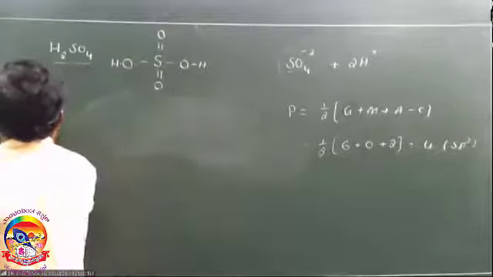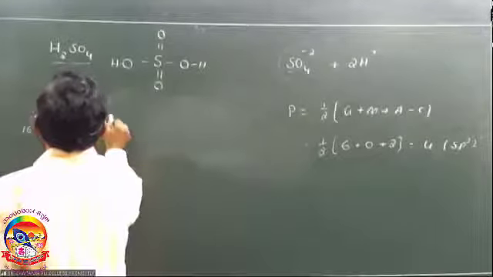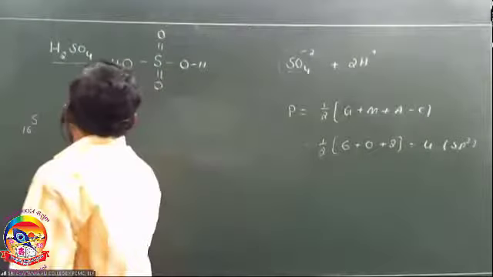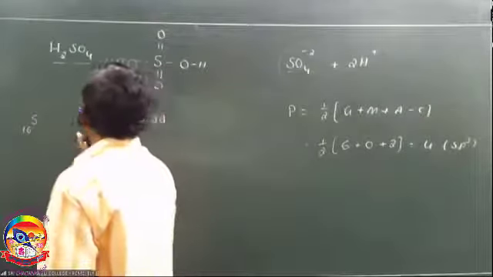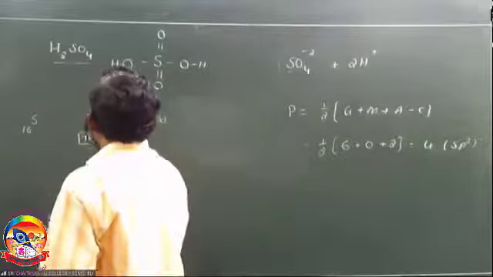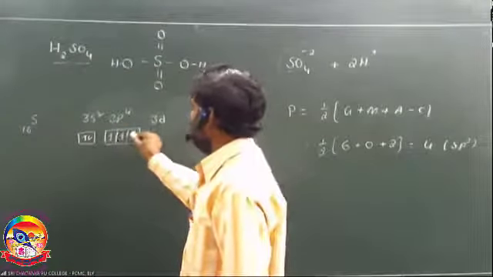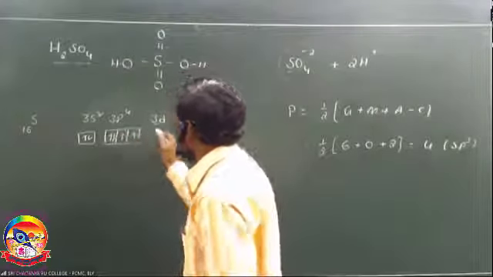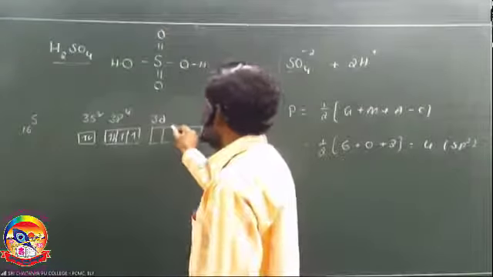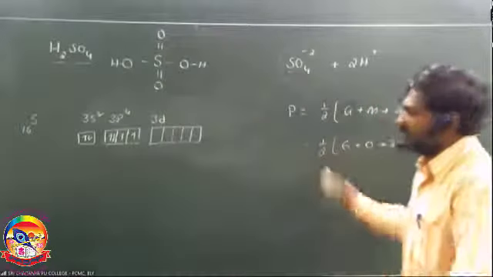What is the ground state configuration of sulfur? Atomic number 16, outer configuration 3s2 3p4. 2 plus 4 is 6, equal to the group number. It also has vacant 3d orbitals. In the ground state, s has 2 electrons and p has 4 electrons. According to Hund's rule, each degenerate orbital is filled with 1 electron, then pairing starts, so 1 pair and 2 unpaired electrons. It has vacant d orbitals: dxy, dyz, dzx, dx square minus y square, and dz square. This is the ground state.